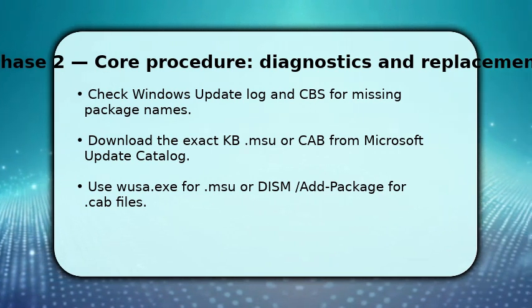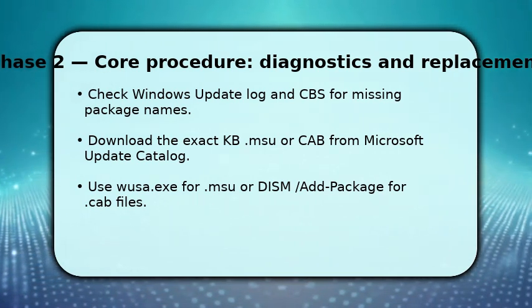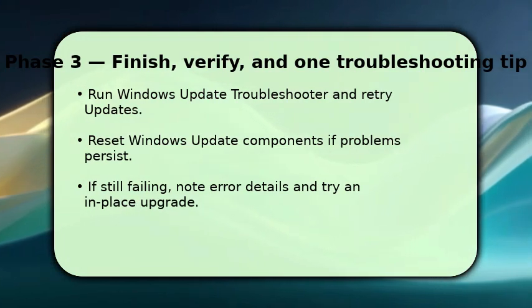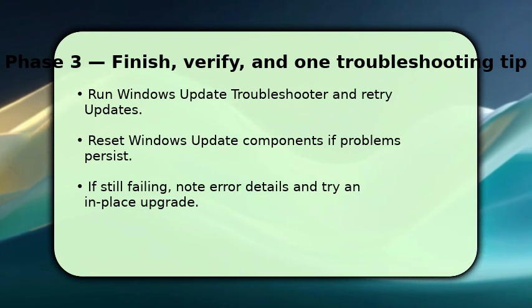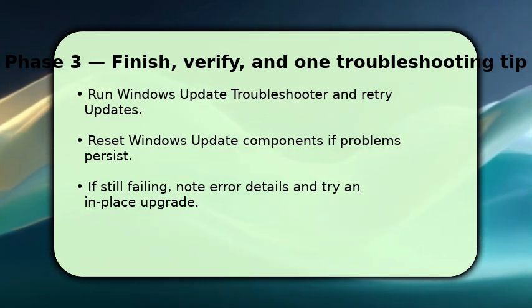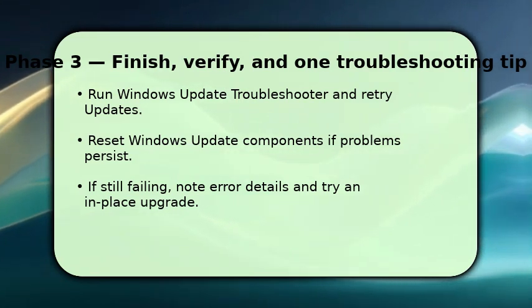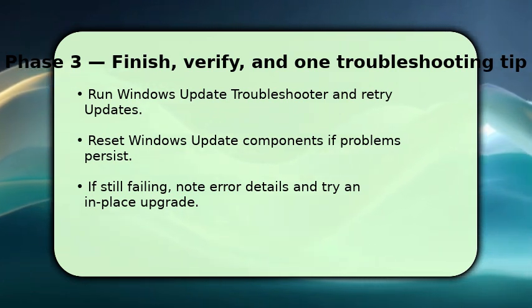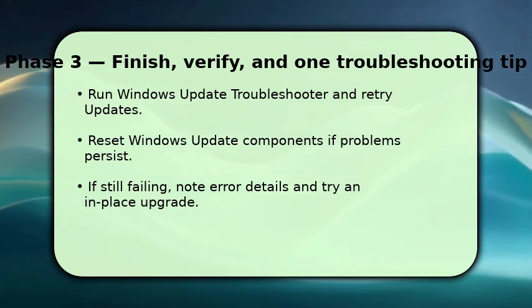To finish, run the Windows Update troubleshooter to reset common settings and then retry updates. This often clears residual issues. If failures continue, reset the Windows Update components manually. Stop services, rename SoftwareDistribution and catroot2, then restart services, because corrupted caches often cause